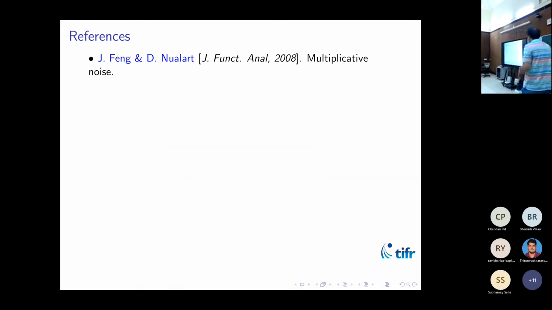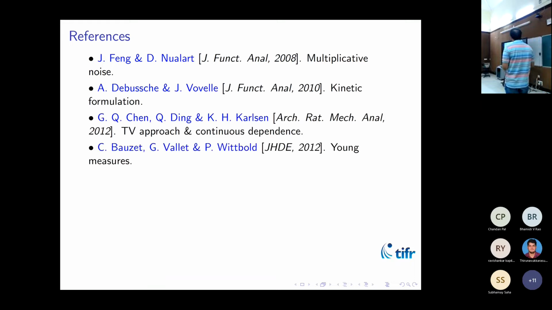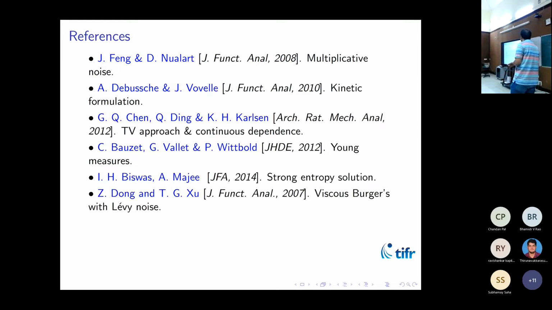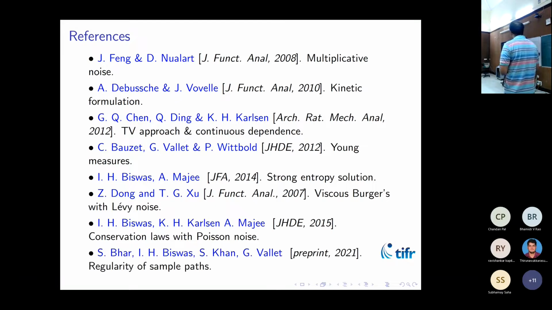Based on this approach, many papers have been written, and it's still being written, I think. So these are some of the things. There are other papers also which I could not simply cite, but it started with this paper by Jin Feng and David Nualart. Largely, there were papers before that, but they didn't really do this entropy formulation that robustly. Okay. In any case,